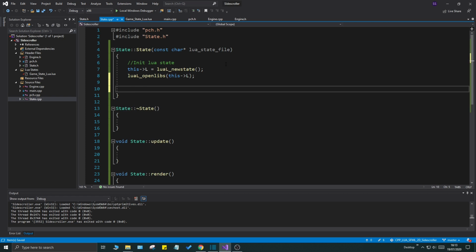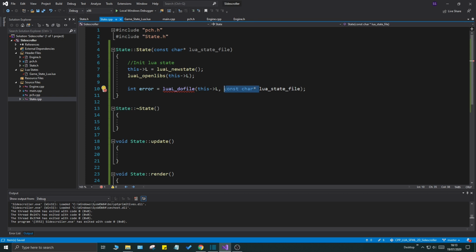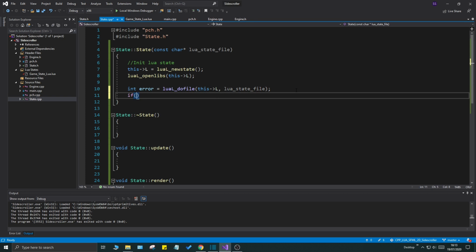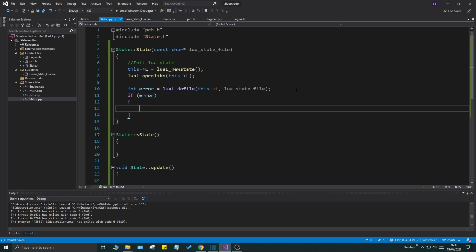Once this is done, let's create an int error, and let's say lua_dofile, luaL_dofile, this L, and then boom, we'll load the Lua state file and remove the const char part, of course. Once that's done, let's check if there was an error. And anytime there's an error, there will be a string pushed onto the Lua stack on the top, and you can print that string out from anything that actually throws an error from Lua. So let's print that out, std::cout. We'll do Lua error state